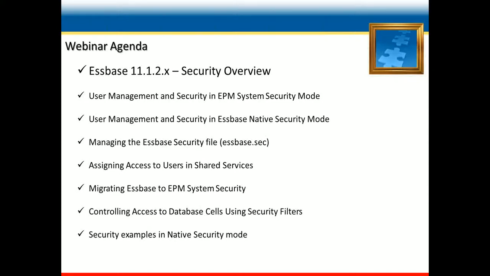I'll be delivering a webinar on the SBS 11.1.2 version, specifically on the security of SBS. I'll be covering the topics as you can see in the slide.